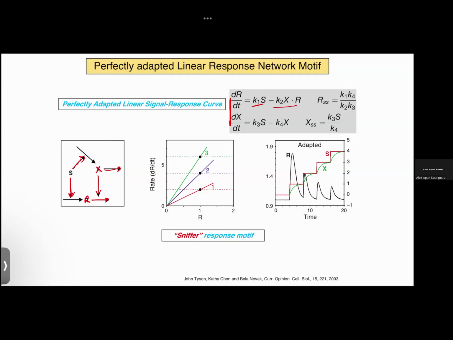For simplicity, you can assume that you keep a k0 here, it won't change the behavior. And we can write dX/dt as it being produced by this k3S, and it has its own self-degradation. So if you put both equal to 0 and solve for steady state, you will get the steady state value of protein R as this, and for protein X, you will get